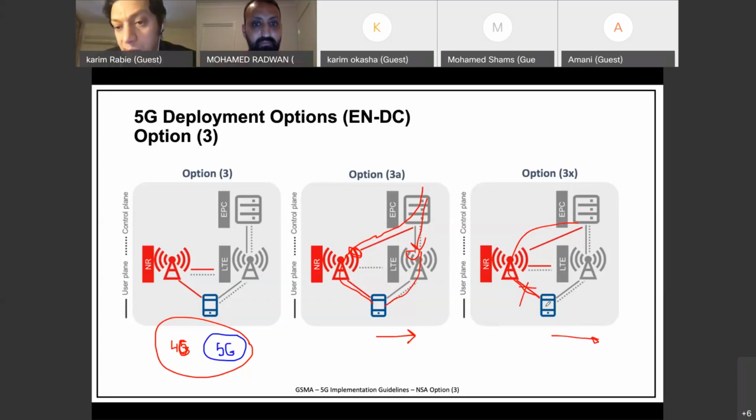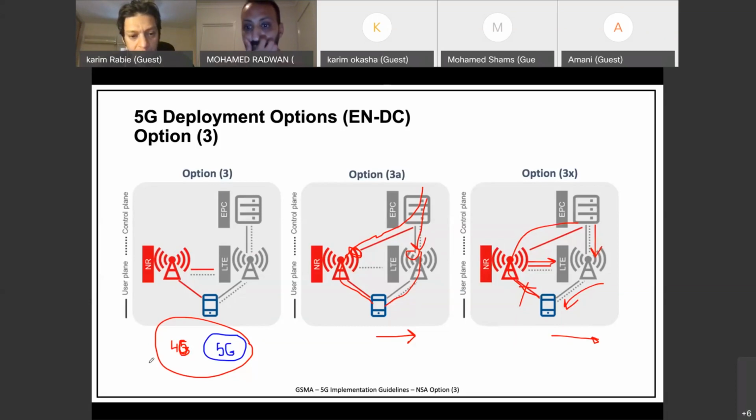So now there are two options: either traffic goes to the new radio, then to LTE, and then to you, which the standards also allow, or you do an S1 change from the EPC to the LTE. That's why 3X gives more flexibility, and we like it because it has minimal handover transactions and different flavors or modes of data flow in these handovers. 100%.